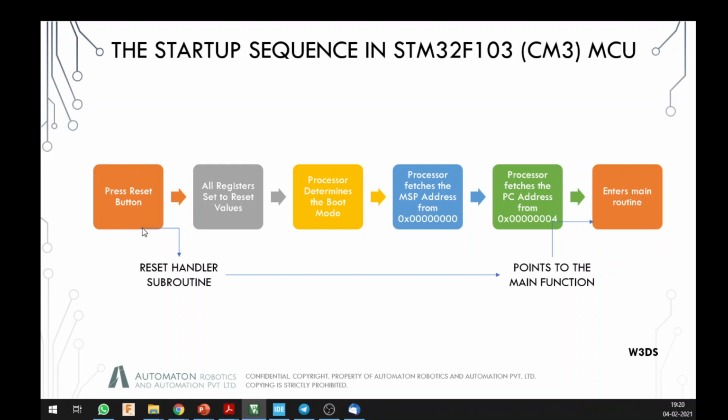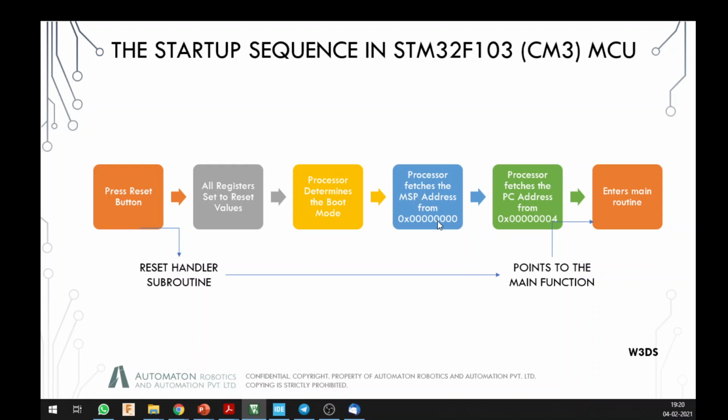So 2 to the power 32 addresses had different regions that we talked about, and the starting point of that was your program region where you store all your programs. So this is going to set the value of the first entry point of that program. It determines the boot mode, and after going from boot mode we got into the address space, and then from the address space it is going to access the address of your main program.